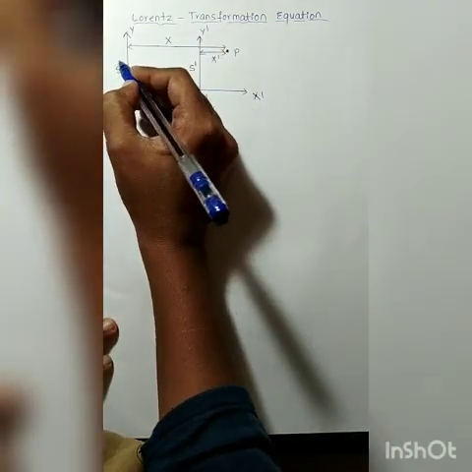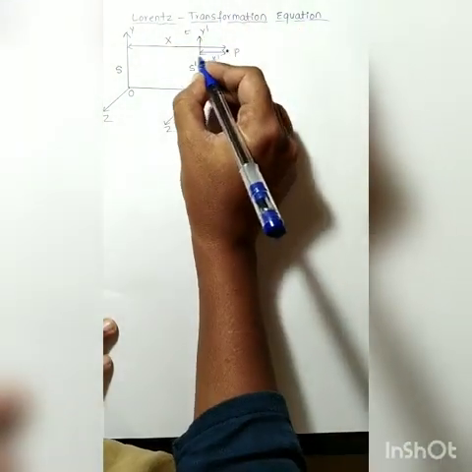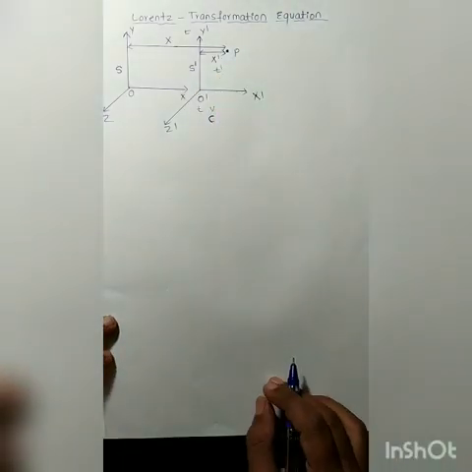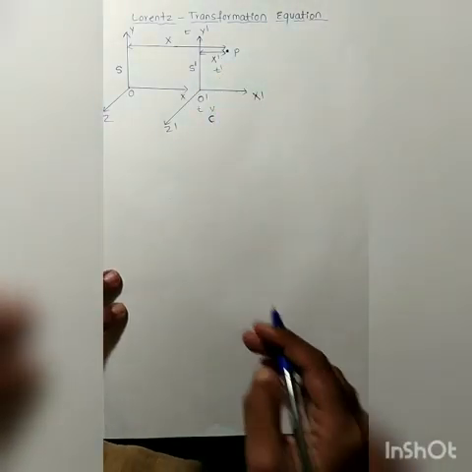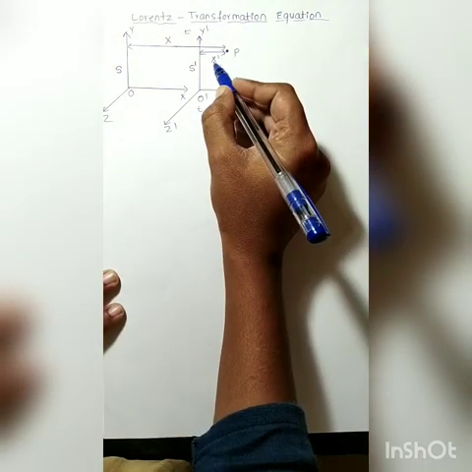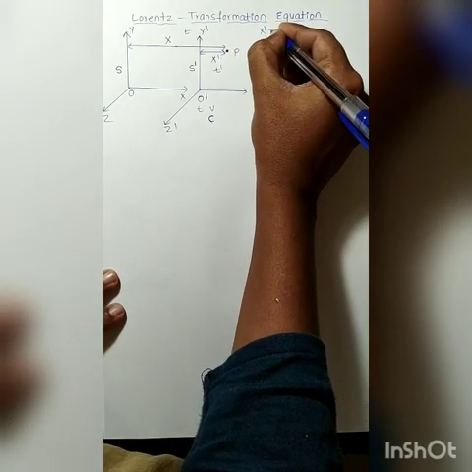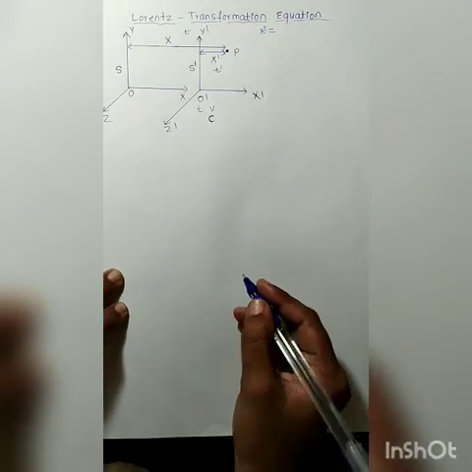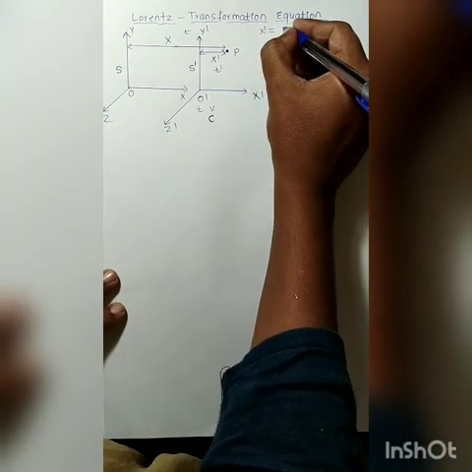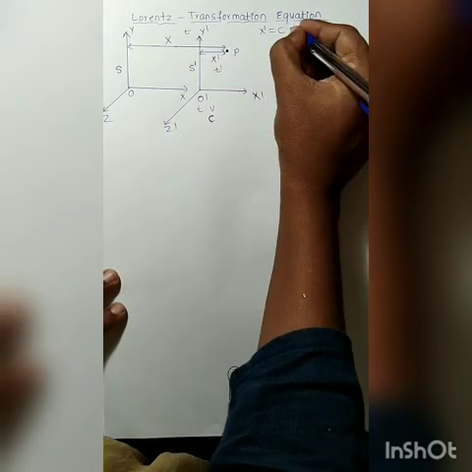While reaching the S frame, the time taken I will take as T, and to reach the S dash frame, the time taken I will take as T dash. From this we will find the value of x and x dash. First I will calculate the x dash value. We know distance is equal to speed, or velocity, into the time. So distance is X dash, the velocity of the light is equal to c, and the time taken to reach the S dash frame is